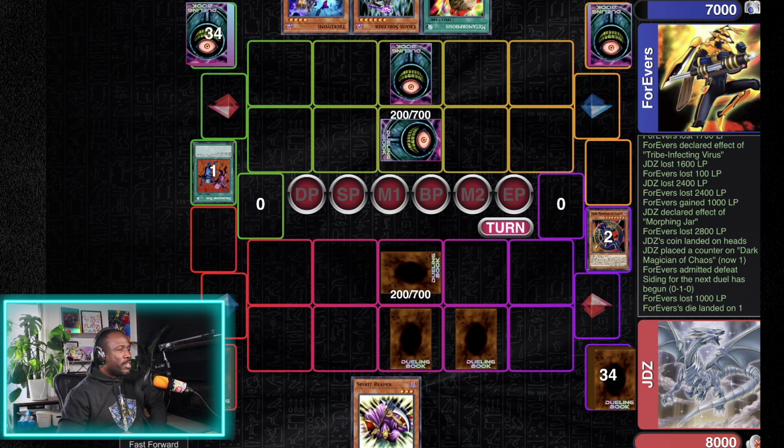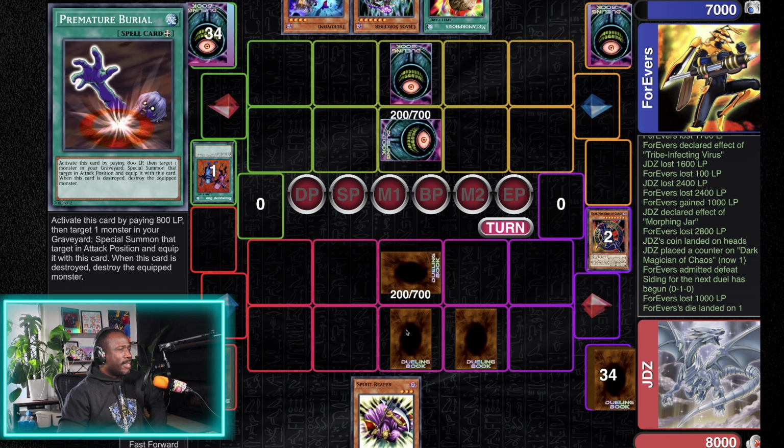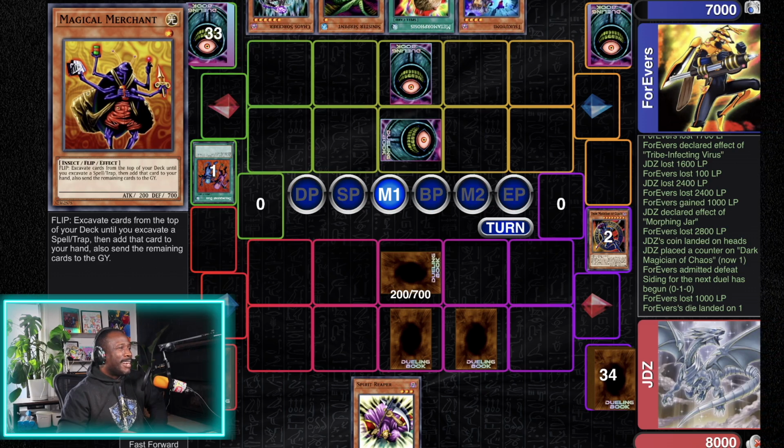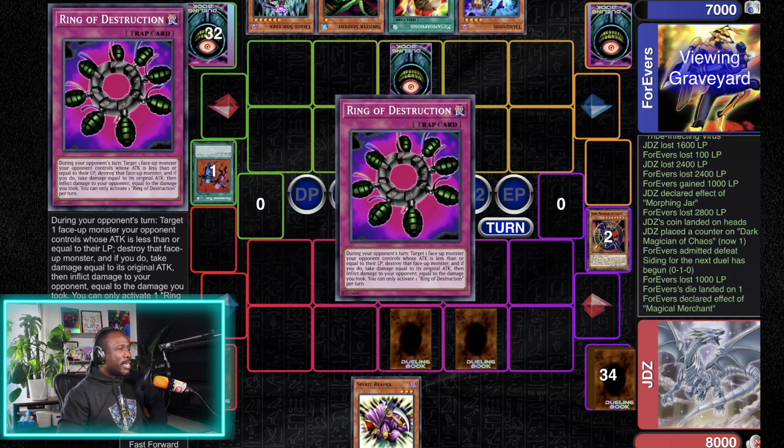I'm going to set the merch, set the other cards as well, just in case. Why'd I do that? Why'd I set all these cards? Man, I'm trying to bluff like I have Morphing Jar, I think, is what my plan was. As they flip the merch, add ring,